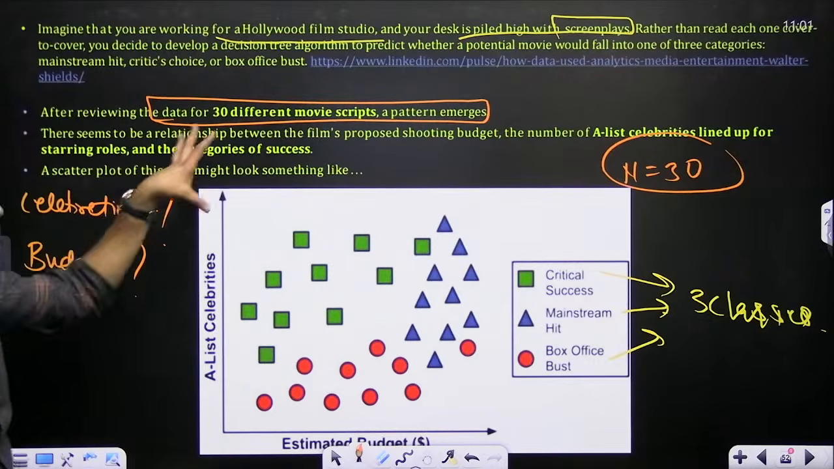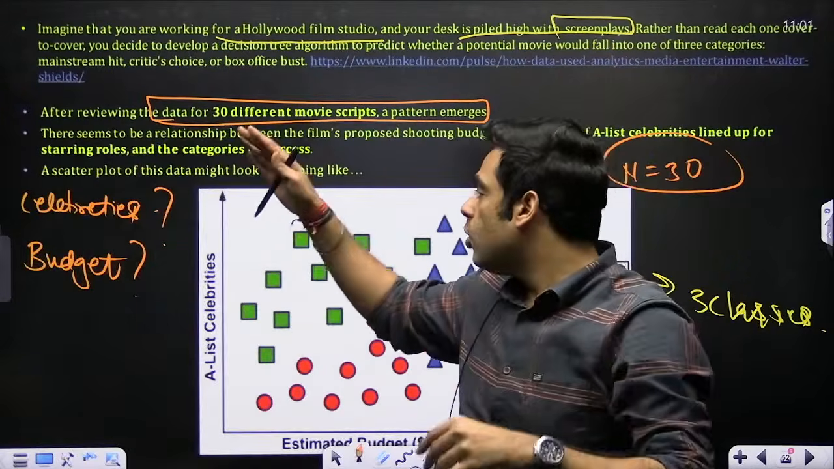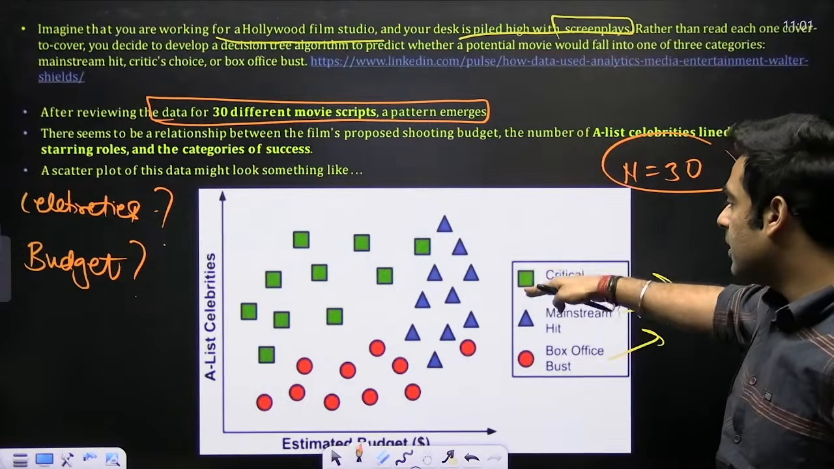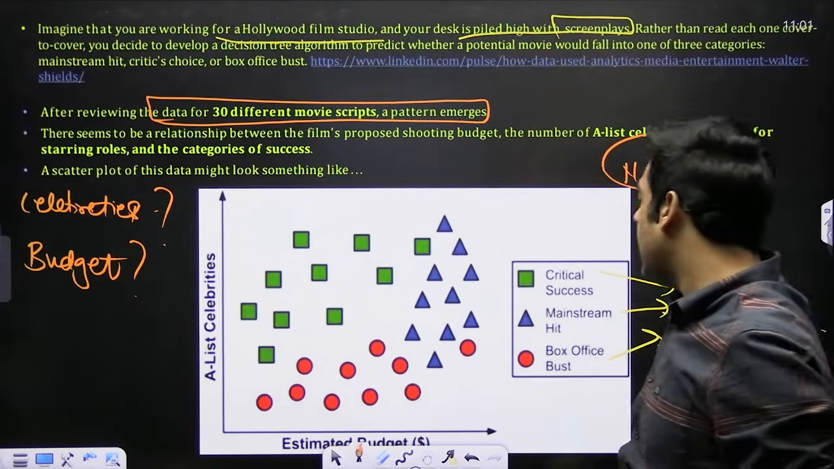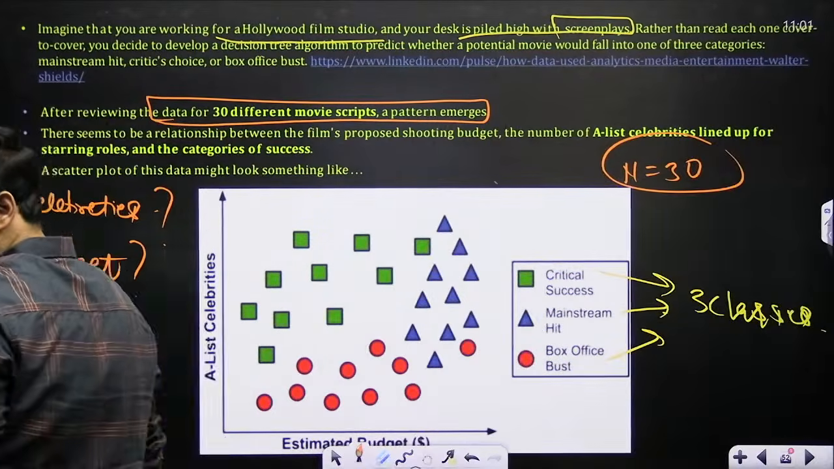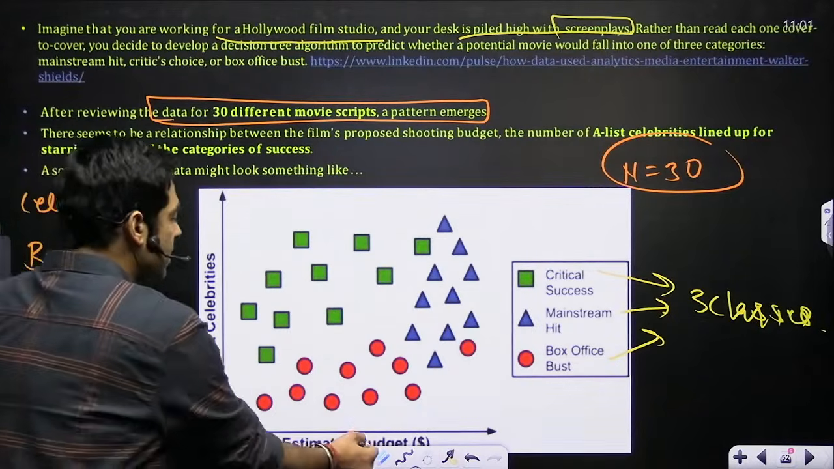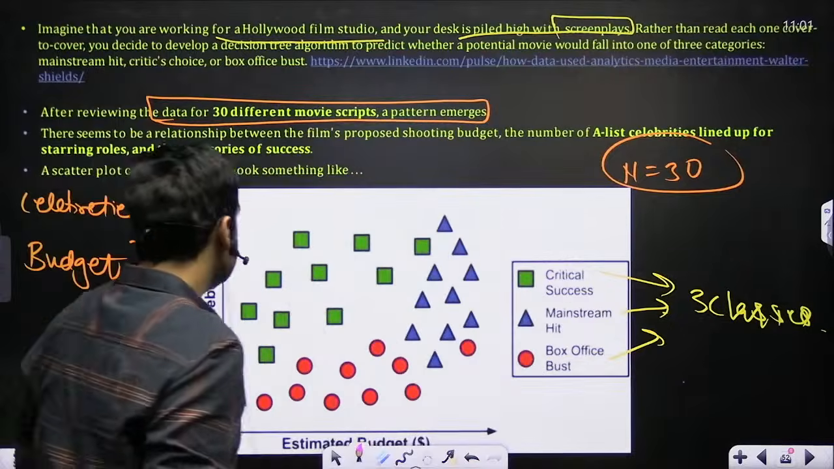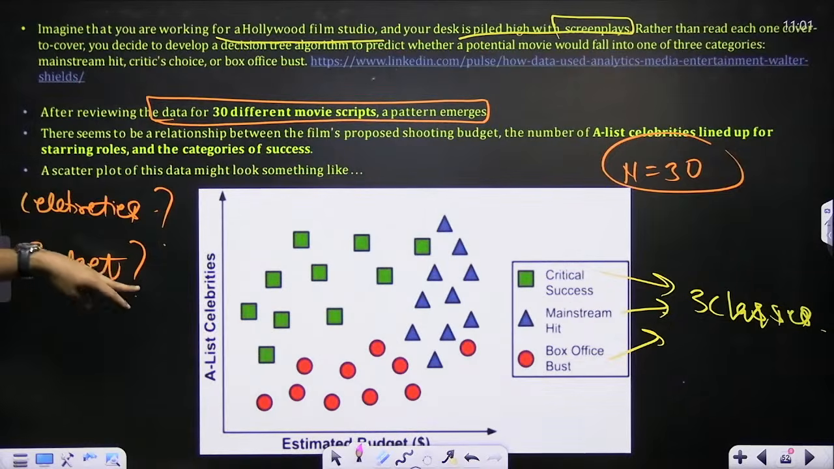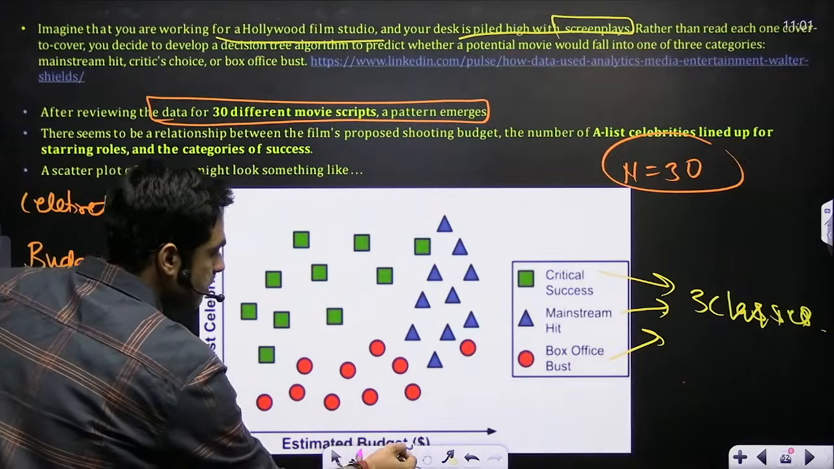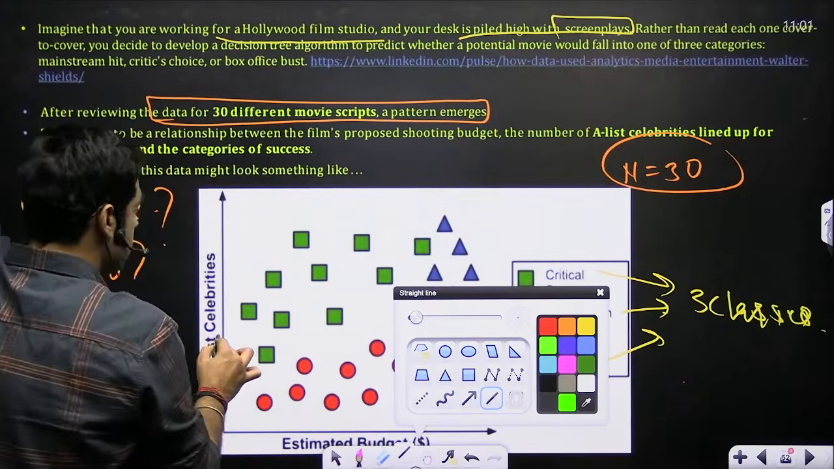This is a scatter plot having 30 movies of different classes. Now what I would do is, if I just make a line, a rough line, for example, if I just make a rough line here,